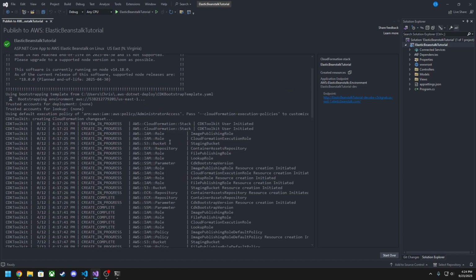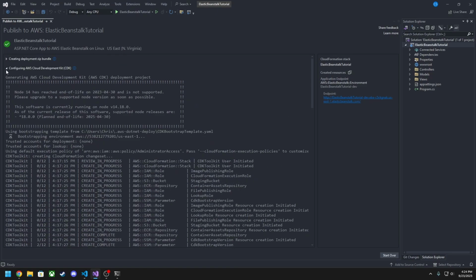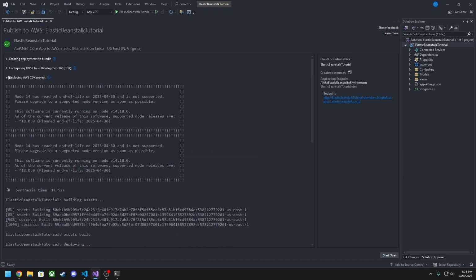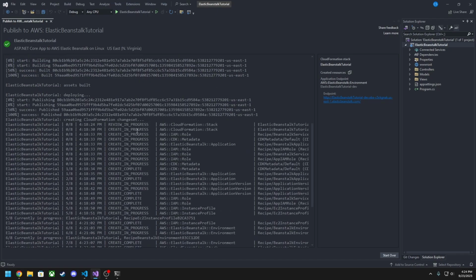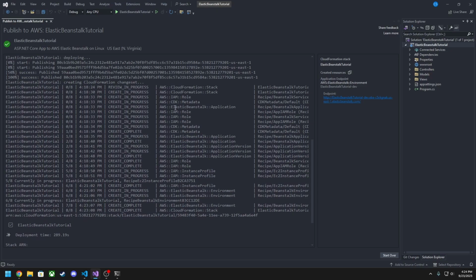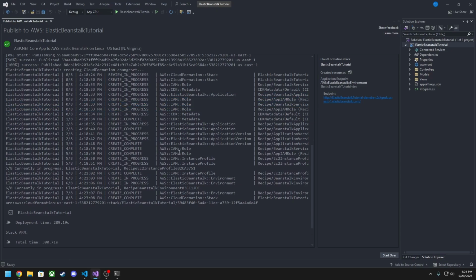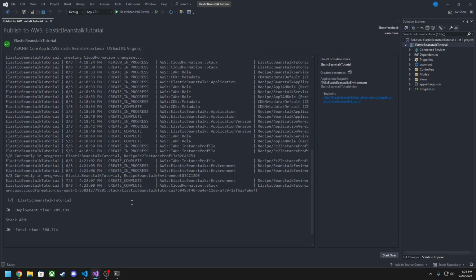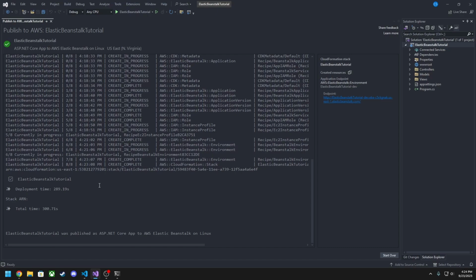And then it configured some roles for the Elastic Beanstalk to create everything on. And then it actually created the application on Beanstalk using those roles, and then created the environment and deployed on the instance. And now we can see an endpoint here where the actual instance is being ran at,